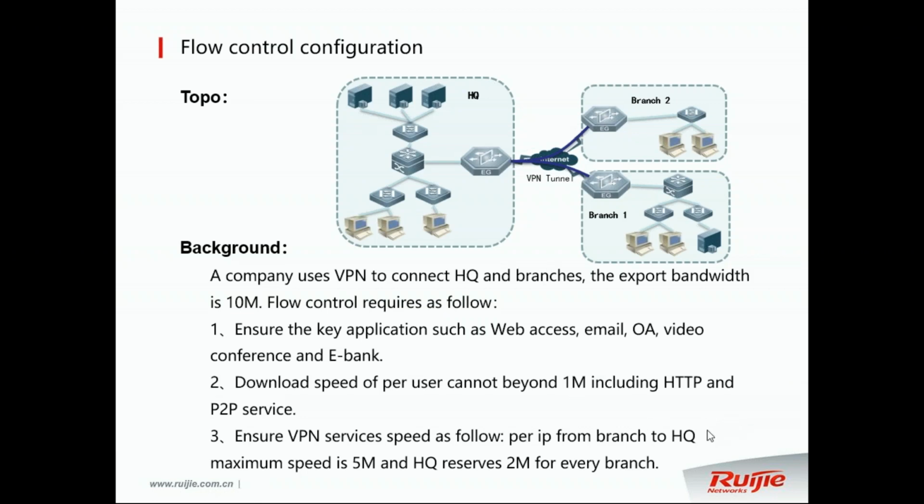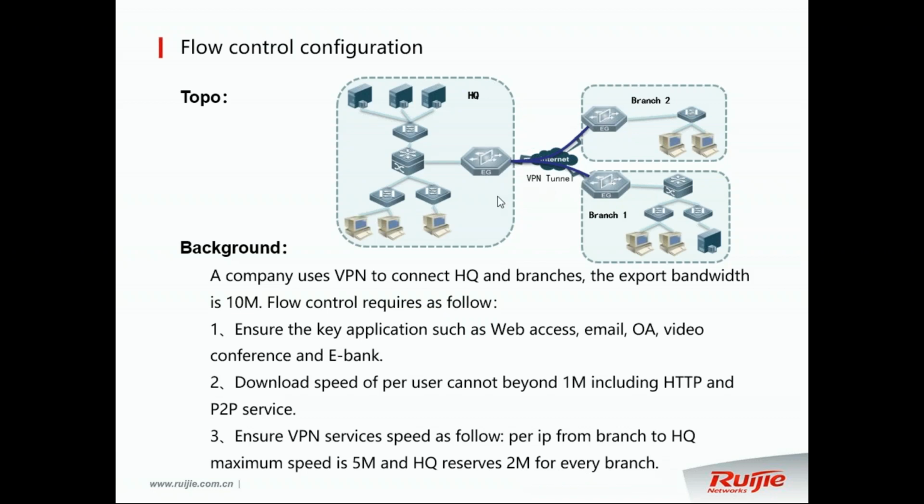Okay, so you find that the third part is about the VPN traffic limitation. So he required that per IP from branch to headquarter, the maximum speed is 5 megabit. It means per user, no matter which branch, to the headquarters can only use 5 megabit for the speed, and the headquarters reserves 2 megabit for every branch. It means